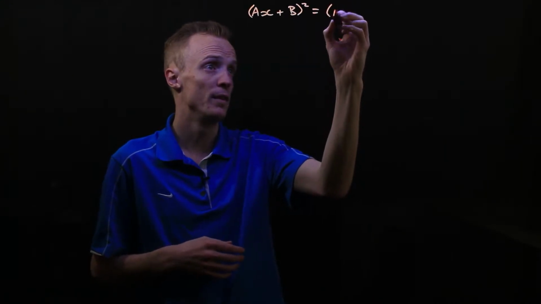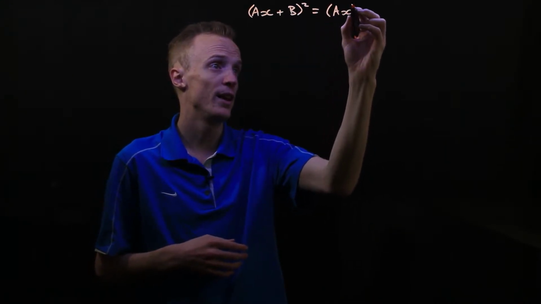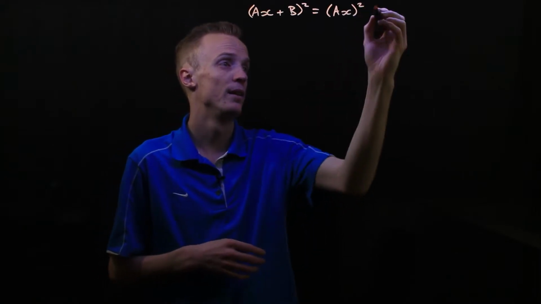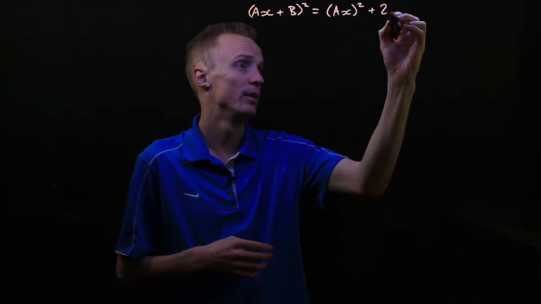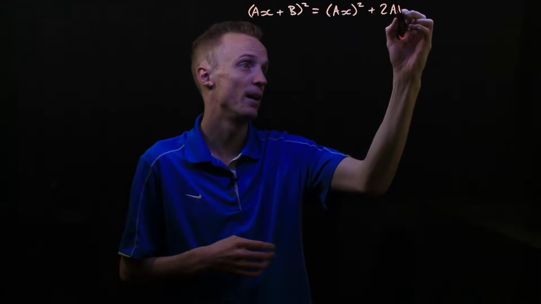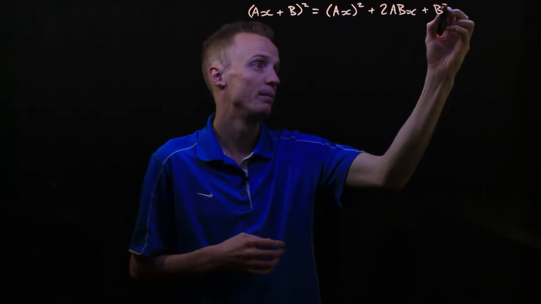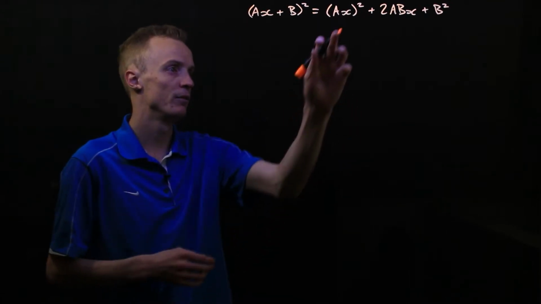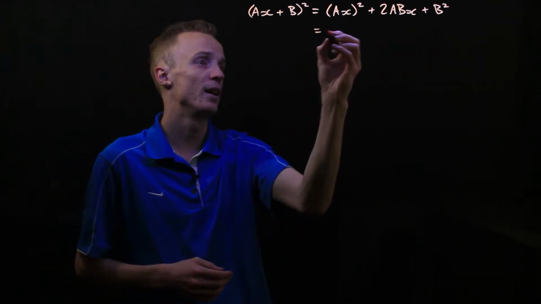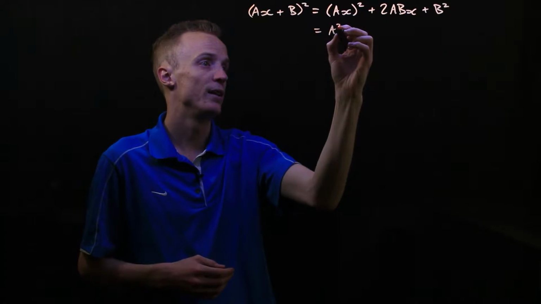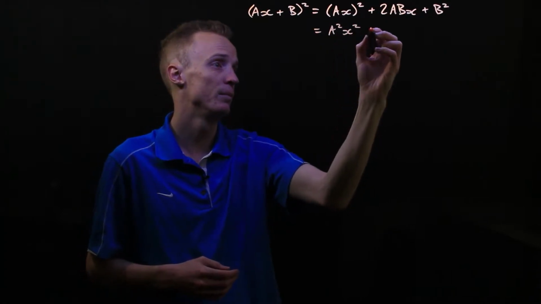When we do, that is the equivalent of (ax)² + 2abx + b². Now we can rewrite this as a²x² +